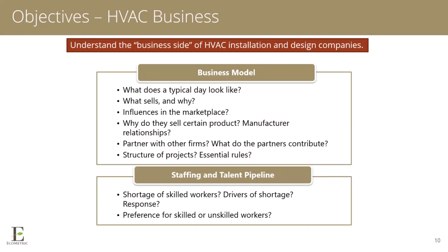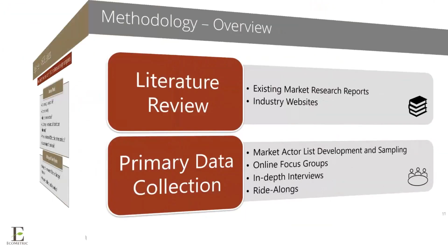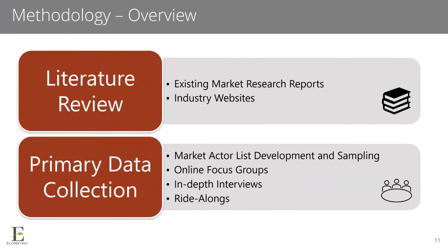Now, I will hand it over to my colleague, John, who will provide some details on our study methodology. Thanks, Jake. Like Jake said, I'm going to present a brief overview of our research methodology, which we divided